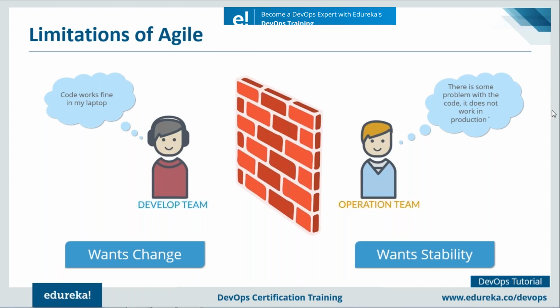There's a question that popped up on my screen: what types of projects are good for the agile methodology and what types of projects are good for the waterfall model? This question is from Dave, and it's a very interesting question. The waterfall model is suitable for projects where the requirements are not at a moderate to high risk of changing, right? The requirements are pretty static. That is suitable for the waterfall model.